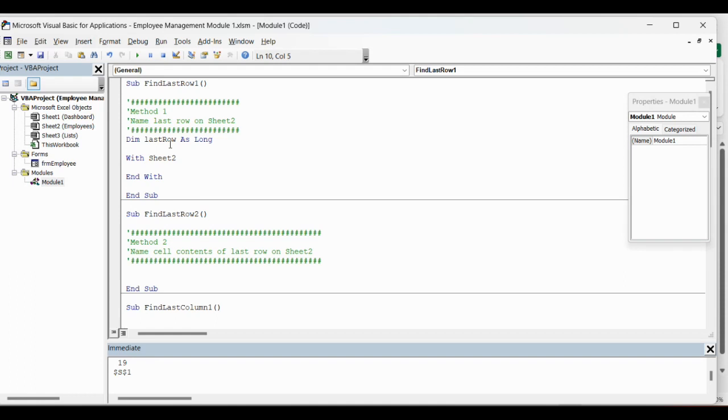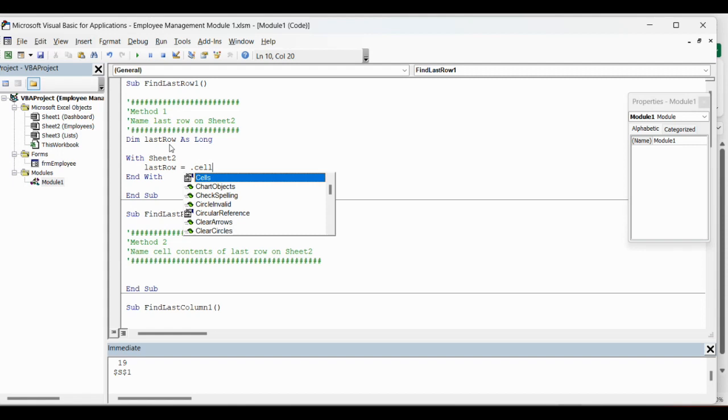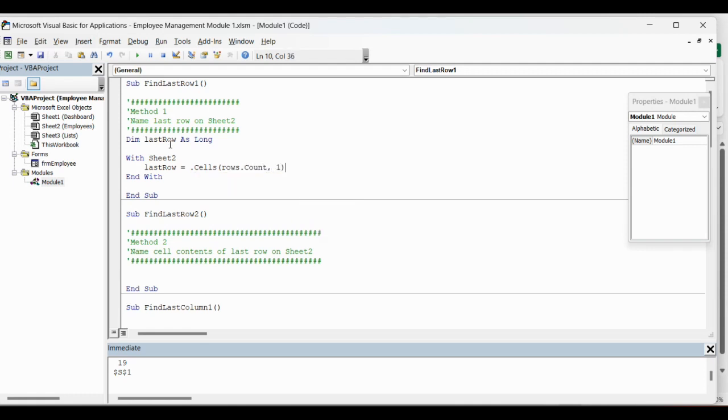Since we dimmed this as long, in order to set our variable, we're just going to say last row equals. Now, we're going to type in dot cells, parenthesis, and we want it to count the rows. So we're going to say rows count, and we're going to use column 1 as the information that it needs to search through to count these numbers.